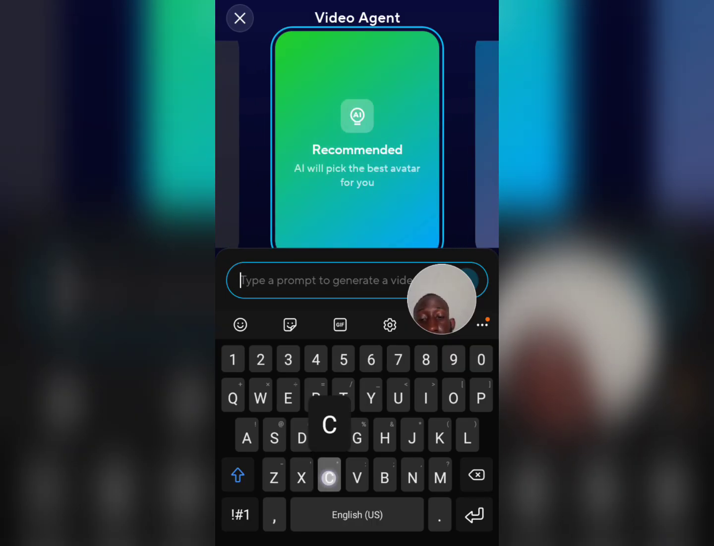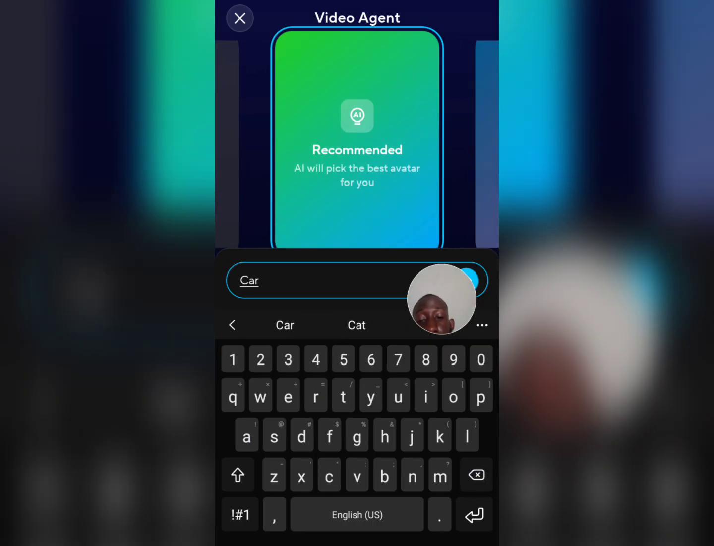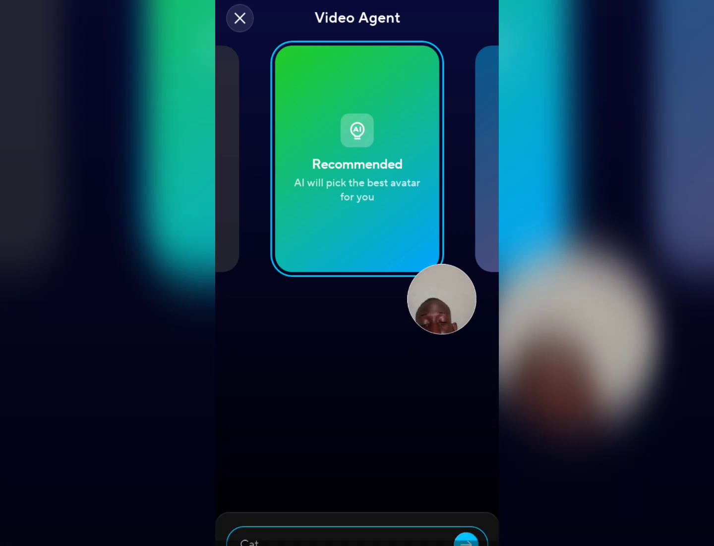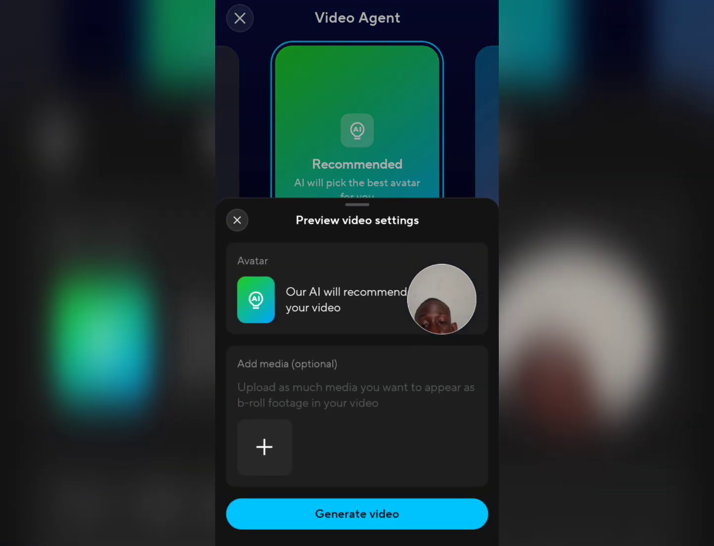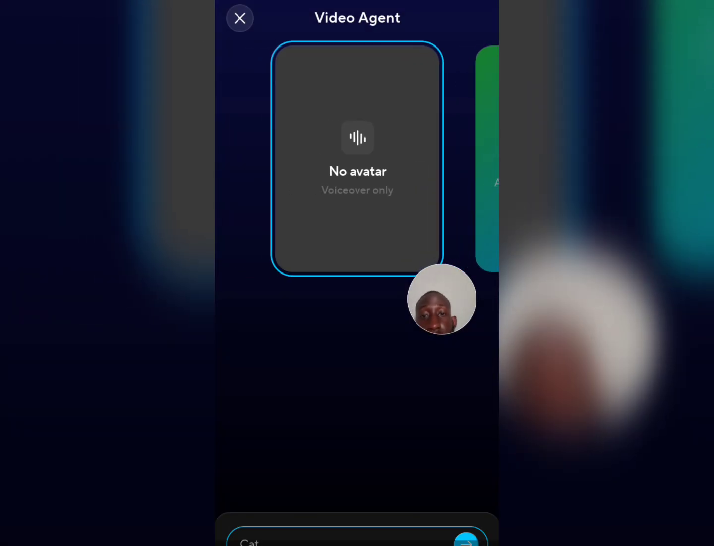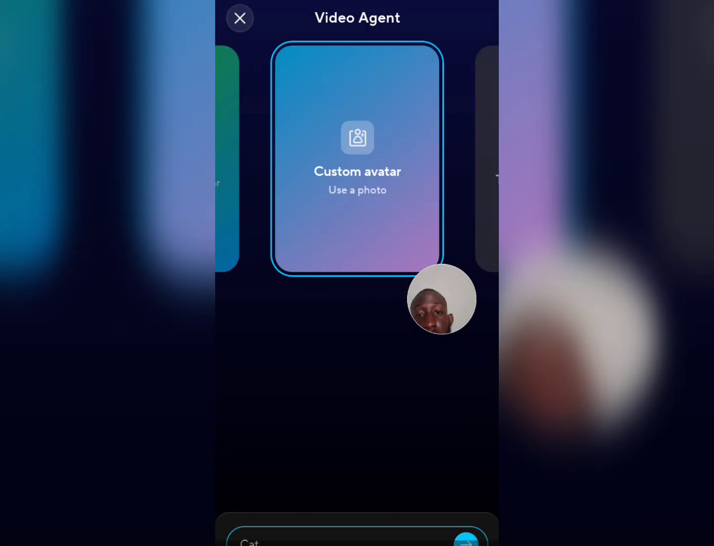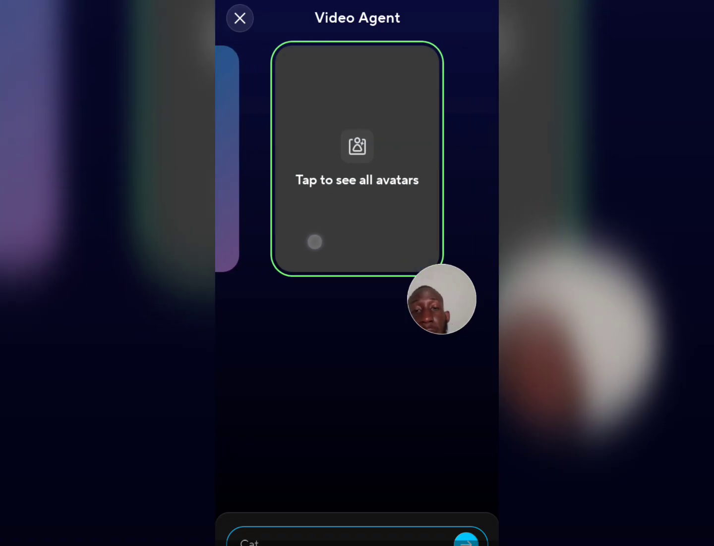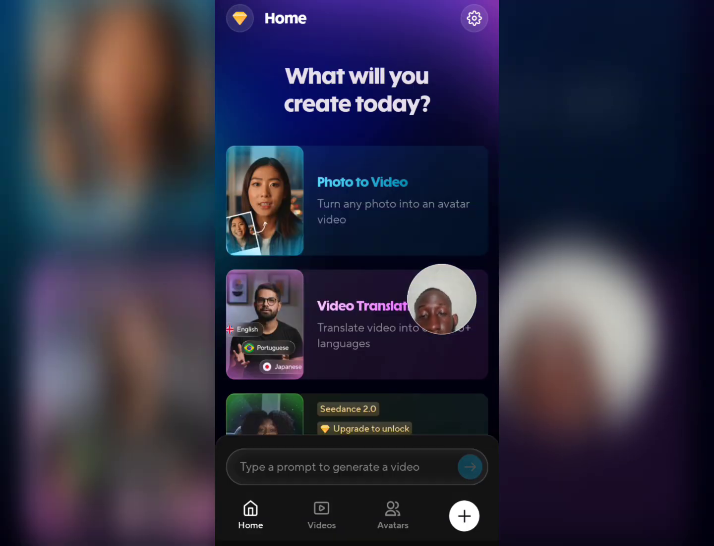So let's say let AI pick for you. Yeah, let's say for example this here. Let's tap on the R icon here. And if you do want to enter additional information, you can do that as well. And as well, you can swipe across to see the other options. You have upload your own avatar. You have see all avatar, which you can add here. But yeah, that's really pretty much it for the